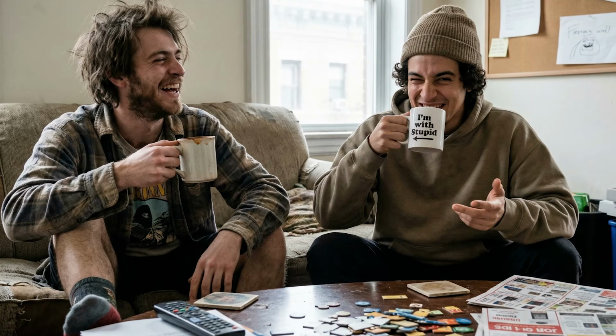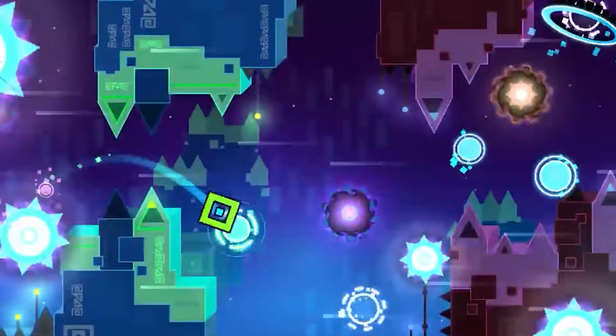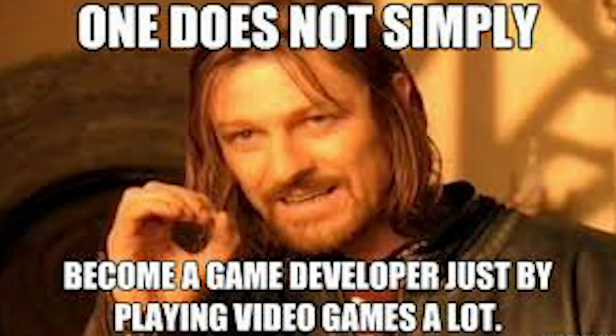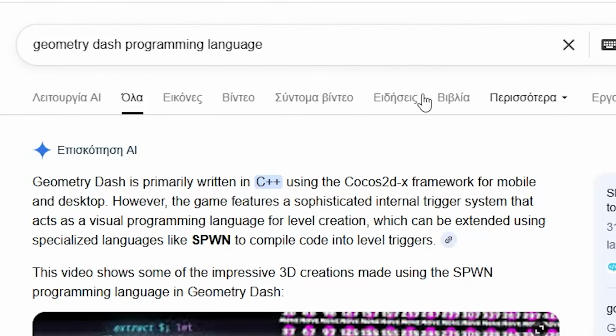So the other day I was just hanging out with my unemployed friend, talking about why Geometry Dash is one of the best games ever made. And being the unemployed programmer that I am, I thought to myself, how hard can it be to make a game? After finding out Geometry Dash is coded in C++, I decided I wanted to learn C++ to make a